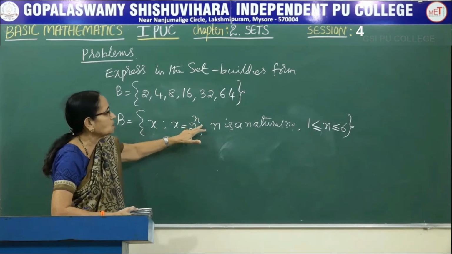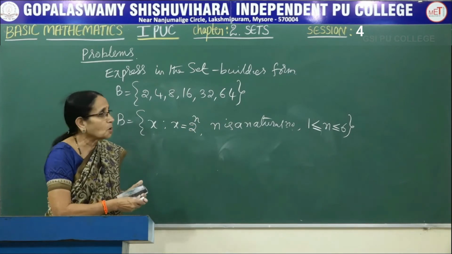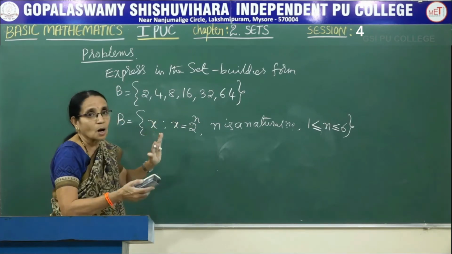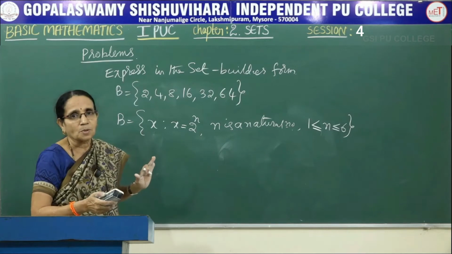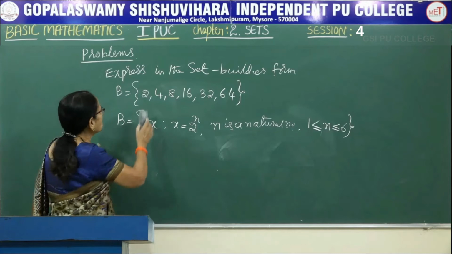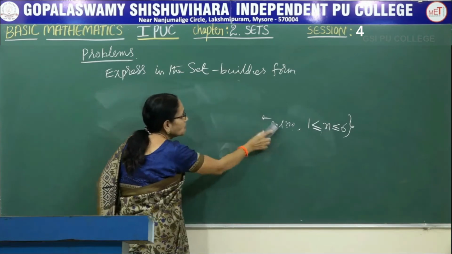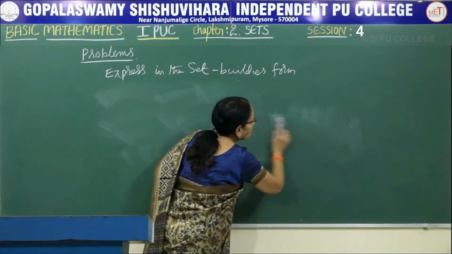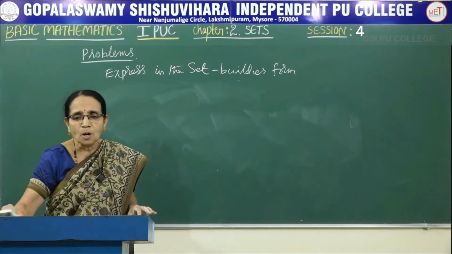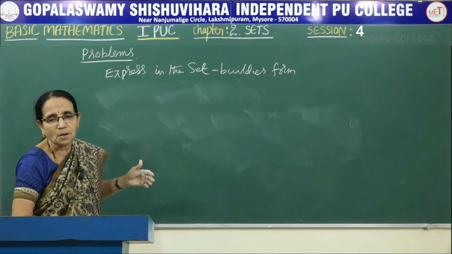One is that it is 2 to the power n. The other is that n lies between 1 and 6. So, writing like this, look at the numbers. See, there is no common method for all the problems. You have to decide after looking at the elements of the given set. Each problem would be different. Each set will contain different types of objects. So, depending upon the numbers or objects that have been given in the set, you have to think about the way you can express that in the set builder form.